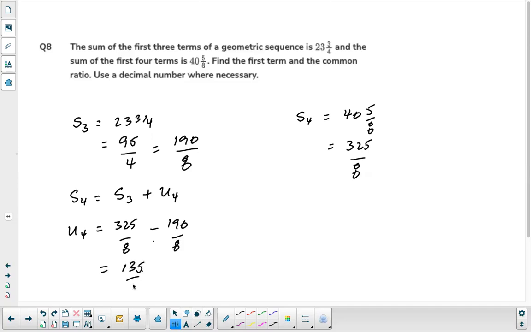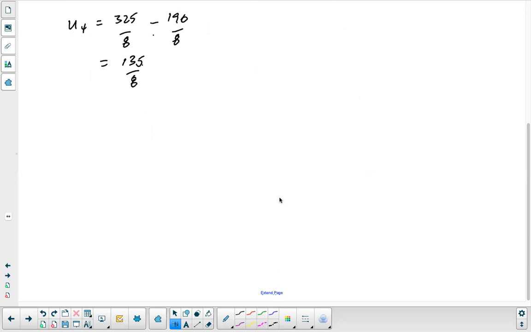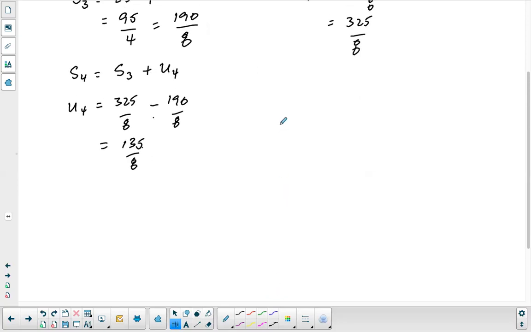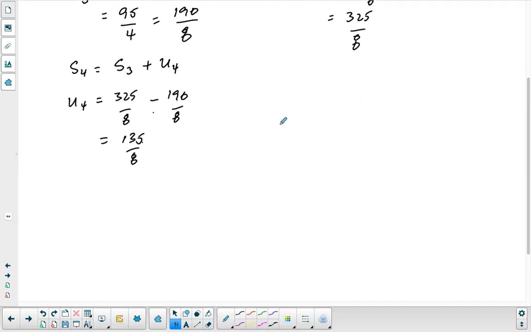Now, this is where I don't like this question, and I don't think it's really appropriate at this level unless somebody's got a slicker way of doing this they're prepared to share with me, which I would be delighted to see. Because the only two ways I could do the rest of this: one is by going through a lot of algebra and trying to solve a quartic equation, which I could only do using a calculator. And otherwise I could use trial and error or brute force on this,